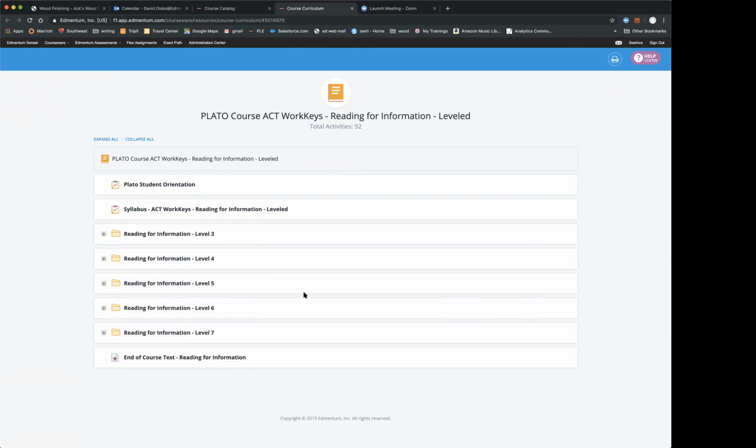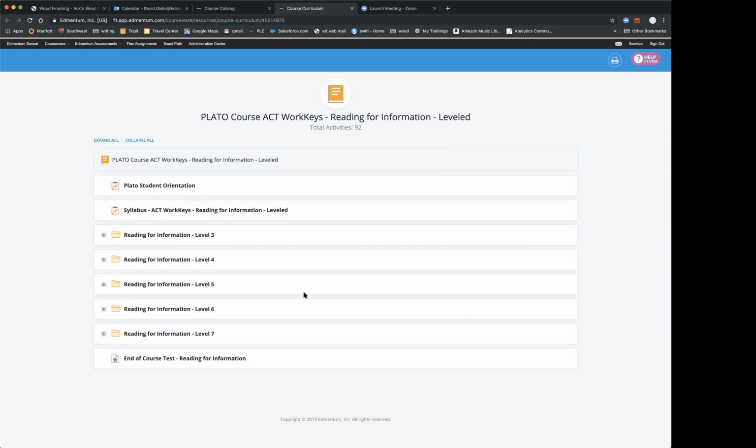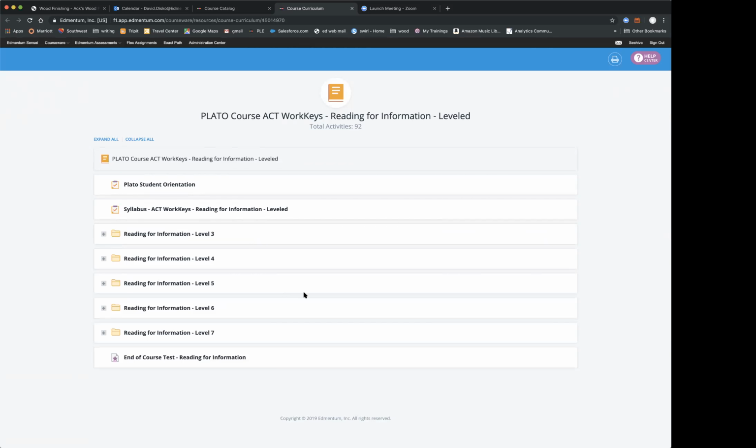So one thing I caution people about when they approach this is those are not grade levels. They are academic functioning levels, and they don't equate to an exact grade level. So that's something to keep in mind when you're starting to use this. But I'll open that back up again.